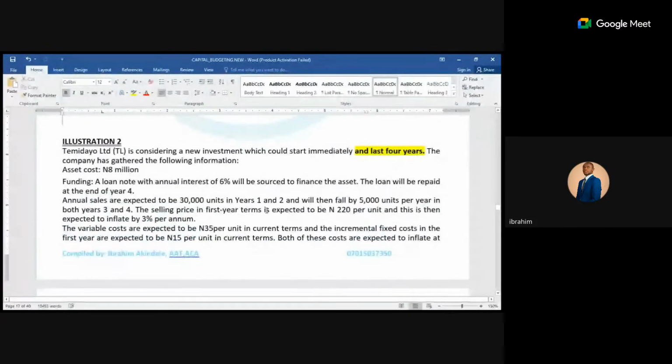Class, they said in the first term, this will be 220 in the first year. After that first year, there will be a second year, a third year, and this is then expected to be inflated. The second year is year 1, because that is the year you will start increasing it. It is raised to power of 1.